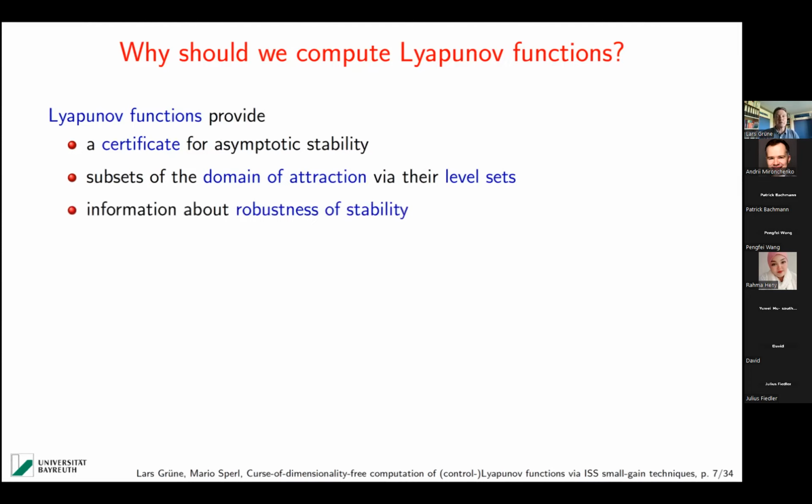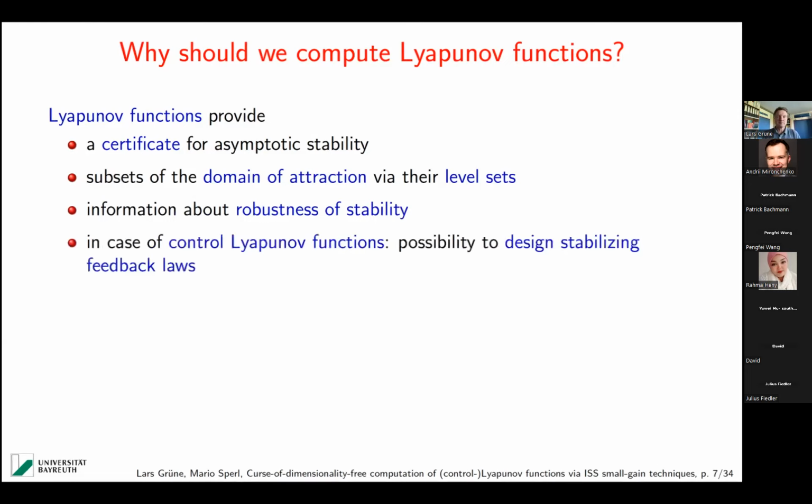Well, then they give information about robustness of stability. So we will see something particular, ISS Lyapunov functions, later, but also plain Lyapunov functions already tell you, if you have this negative orbital derivative and you perturb your vector field a little bit, it will stay negative, right? Simply because this is an open condition. And that means that a little bit of robustness against perturbations is always present if you know a Lyapunov function, and you can actually use the Lyapunov function to quantify how much I can perturb the vector field so that I can still see the solution going down.